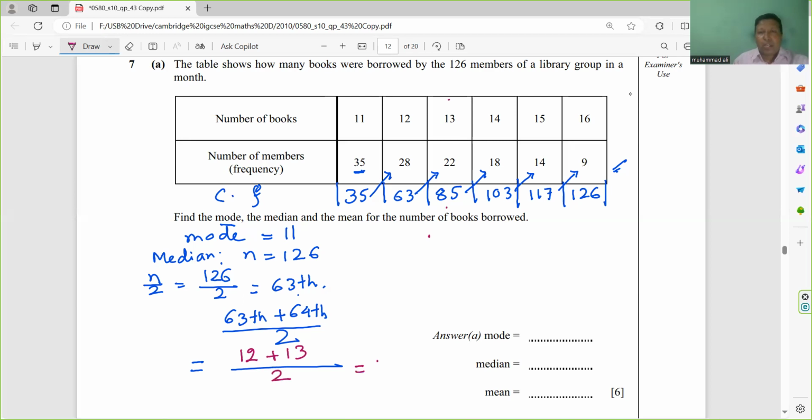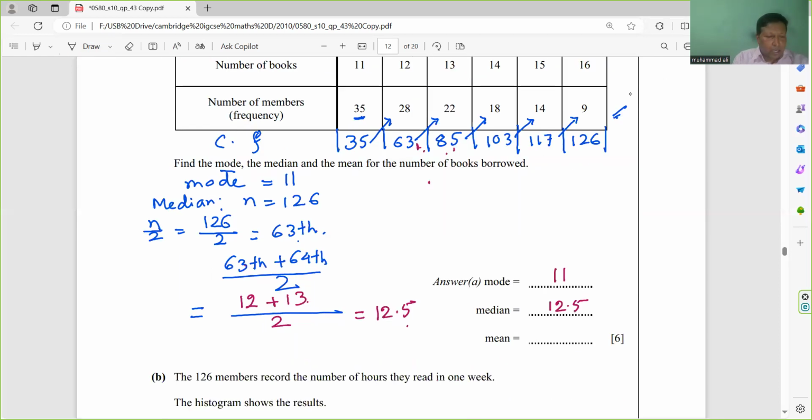So median is 12.5. 63rd term, number of books is 12. 64th term, up to 63 is 12. So from 64 to 85, number of books is 13. That's why we write over 13. So their average will be median. Now, we have to write here mode 11, median is 12.5, and mean,